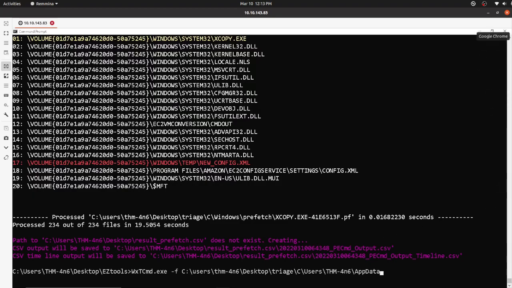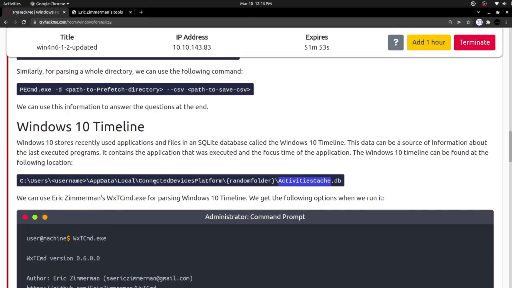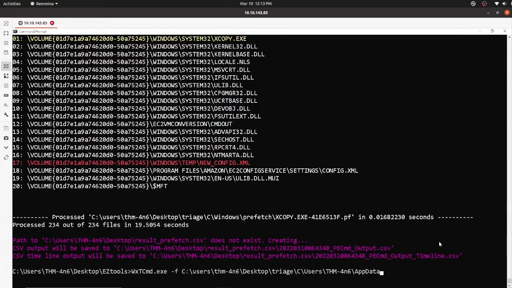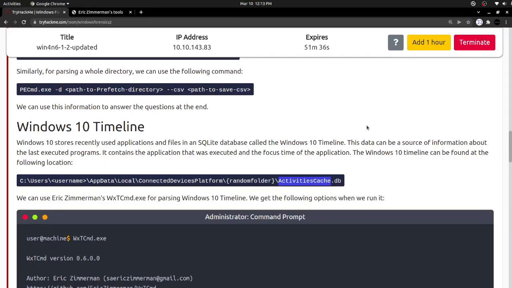And here app data, local, connected devices platform, and the random folder, I mean the username once again, and activities cache db. So that would be the file. Yeah, this is the file.